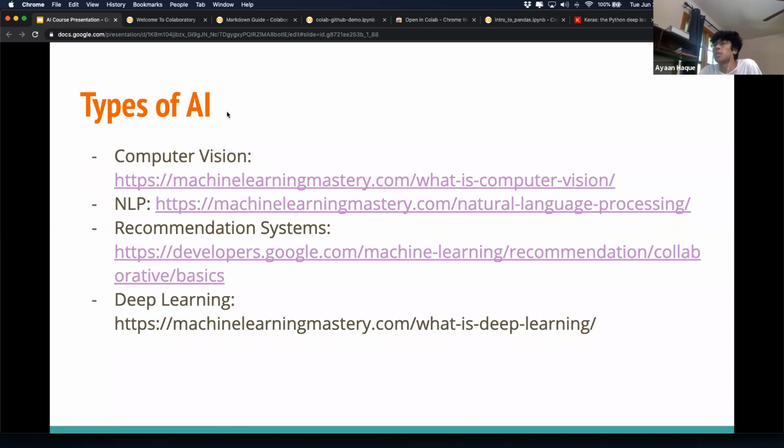Some specific types that we already talked about, I guess we'll go more in depth. The first one that you should really know is computer vision. That's what we're going to focus on in this course. We're going to do some practice about computer vision. And computer vision basically means analyzing images. So again, let's go to the cats and dogs situation, where I would give the artificial intelligence a bunch of pictures of a dog and a bunch of pictures of a cat, and it will translate them into numbers, like binary, to actually process it, right? And then based on that, it will be able to learn what characteristics and features are really important in this image.